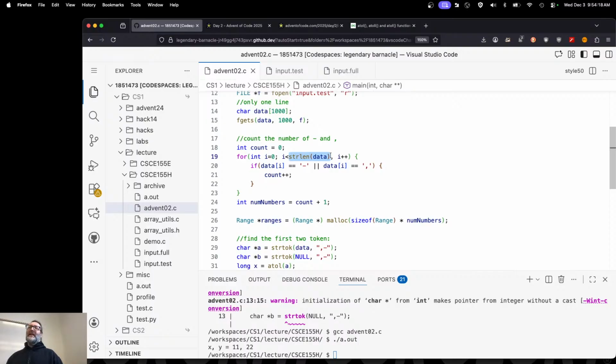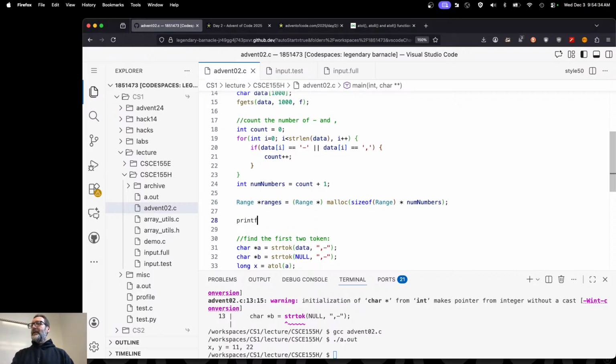And I think that the compiler is smart enough to see that you're not changing the data, so it will only call it once, right? But that's a compiler optimization, right? Okay. All right. Well, I don't know if this is correct or not, so let's go ahead and say printf